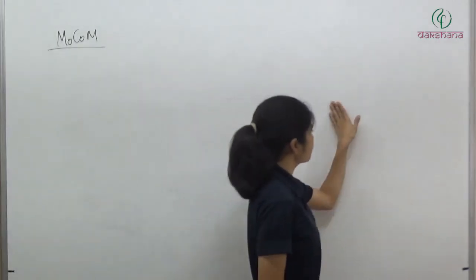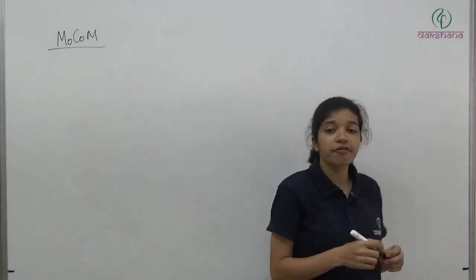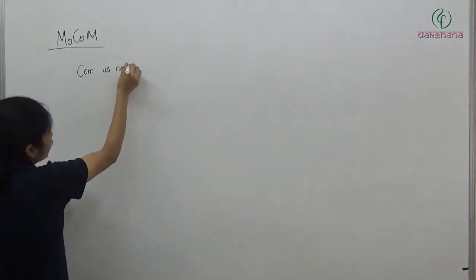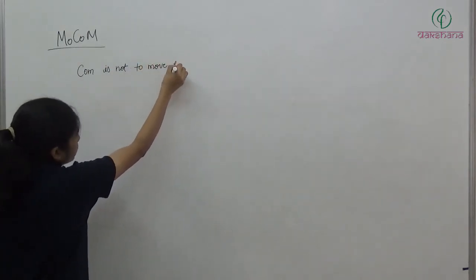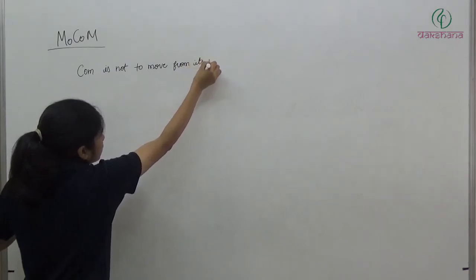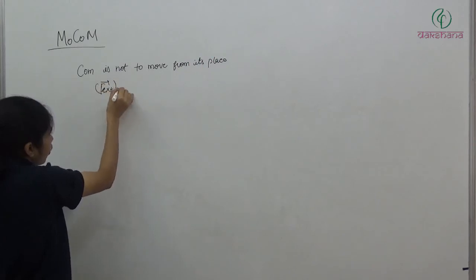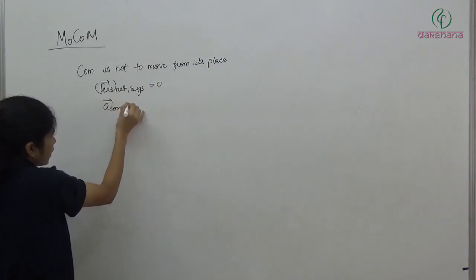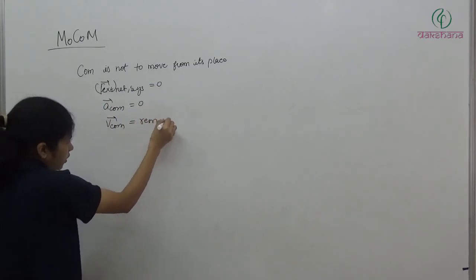So the first case which we are going to see is motion of center of mass when the initial velocity of center of mass is 0 and acceleration of center of mass is 0. So basically center of mass is not going to move from its place. So basically what we got, that F external net on the system is 0, A of center of mass is 0, velocity of center of mass is going to remain constant,